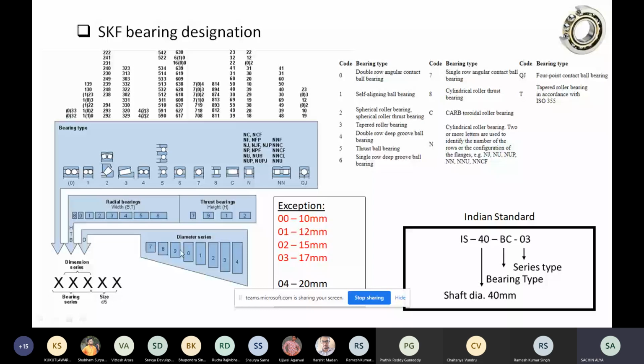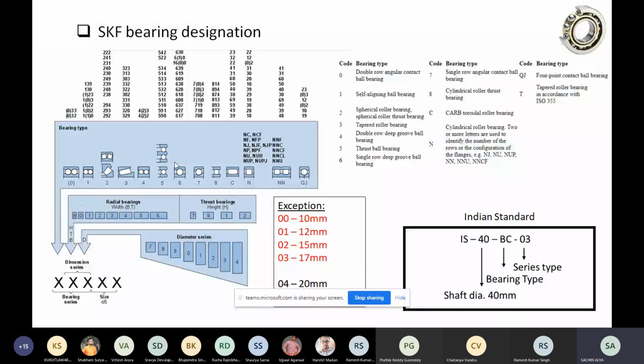Then the second and third digits define the width and diameter series of the bearing. The second defines the width: 8 is the lowest width, and it increases for 0, 1, 2, 3.